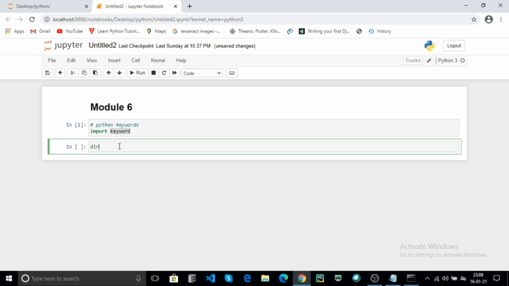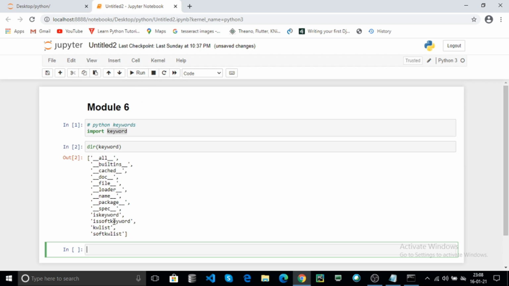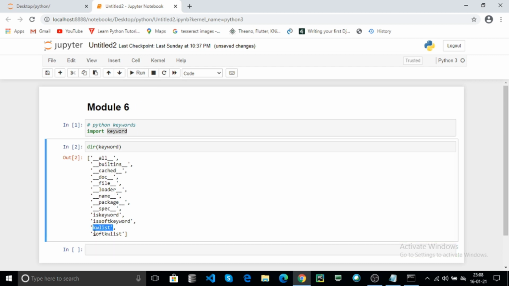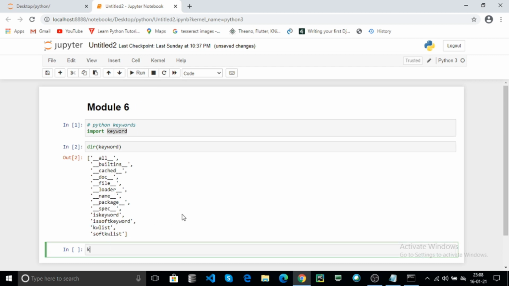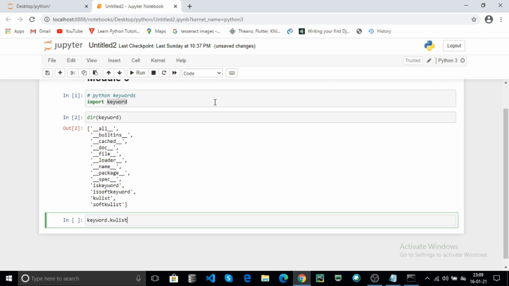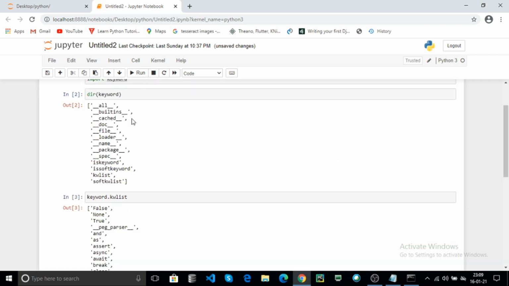Here the keyword module contains the kwlist attribute. You can check dir of keyword and click on run. Here is kwlist; you can directly use keyword.kwlist. It returns all the Python keywords.